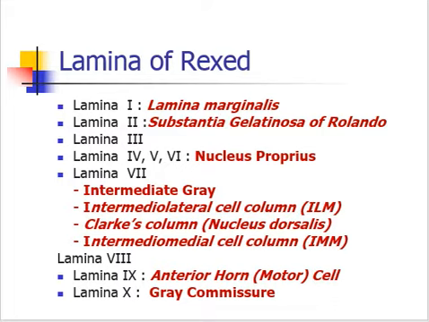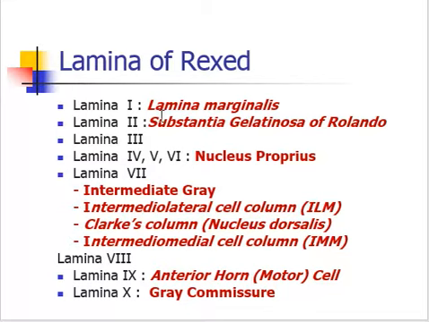First of all, now we are going a little deeper into the laminae in the posterior gray horn and the lateral gray horn. First, you have to know about the posterior gray horn. Laminae 1 to 6 constitute the posterior gray horn. These laminae contain the nuclei of sensory neurons, which are concerned with sensory functions.